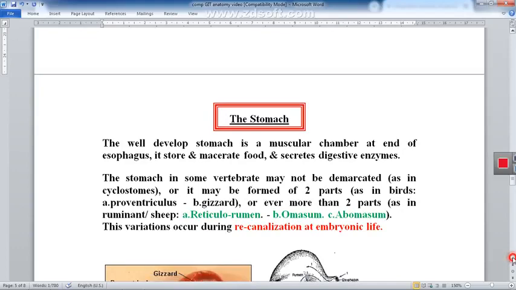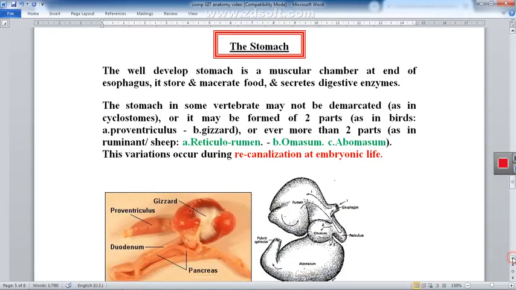Regarding the abnormality of the stomach, I just want you to remember, a while ago we said that the gut tube, foregut, midgut and hindgut, initially contains a lumen, and then the lumen will be closed or obliterated because the mucosa will proliferate and close this tube to form a cord-like structure. Then there will be recanalization for formation of the lumen of the gut tube. Here, this phenomenon is very important to be remembered in discussion of the comparative anatomy of the stomach,